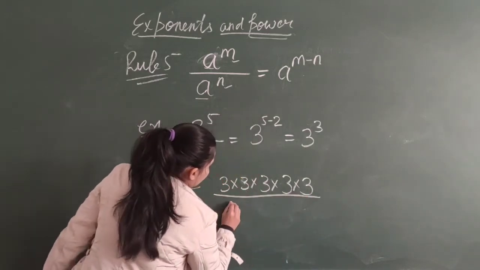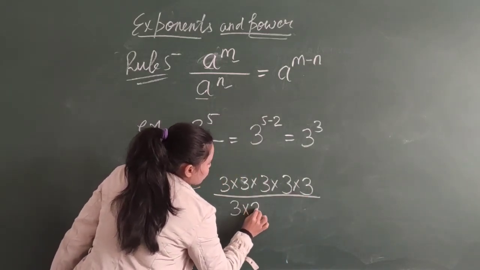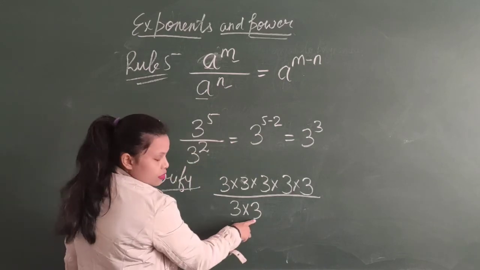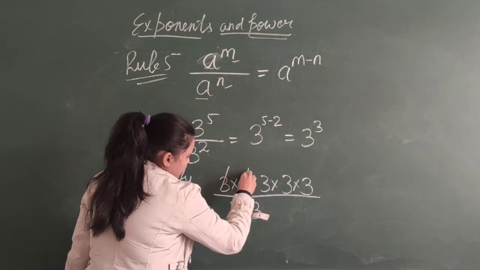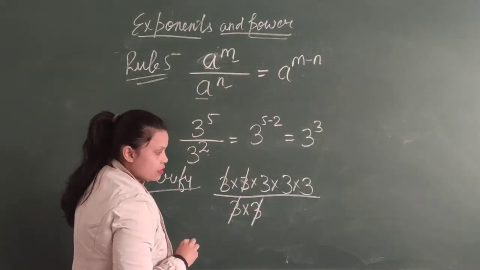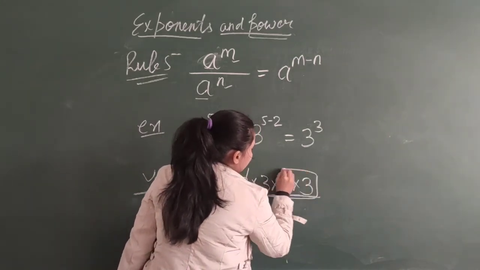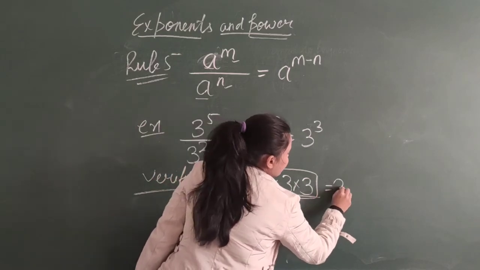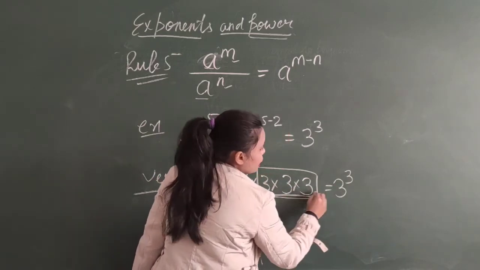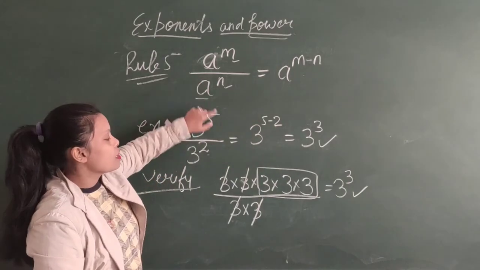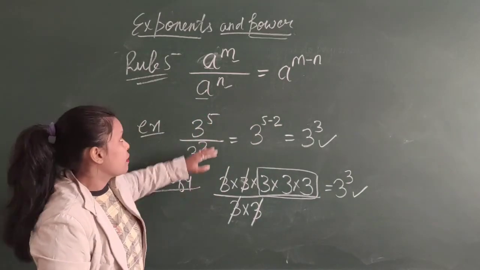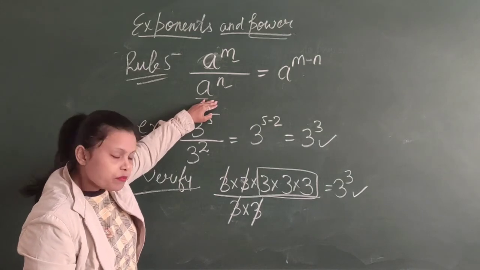Divided by 3 multiply 3, since 3 raised to power 2 is 3 multiply 3. This 3 will get cancelled with 3. This 3 will get cancelled with this 3. And the remaining is 3 raised to power 3. That means 3 cube. The answer is the same. That means this formula is also verified. This is true. So these are